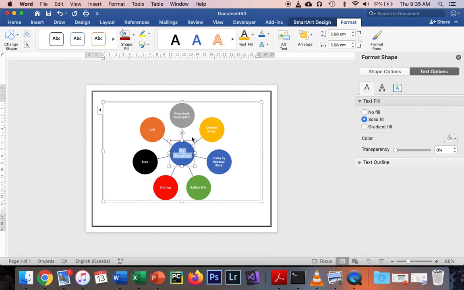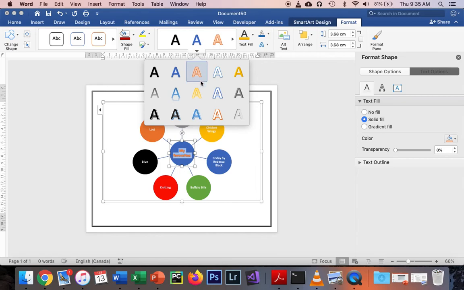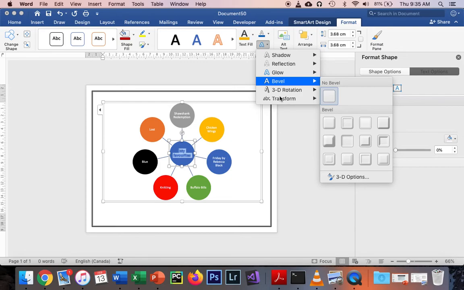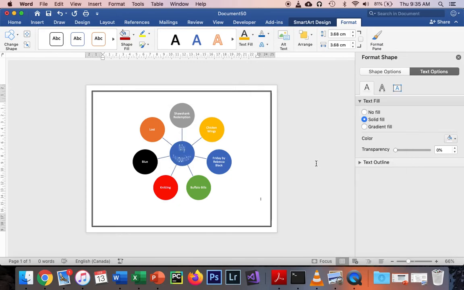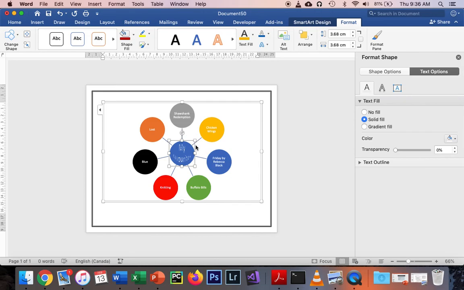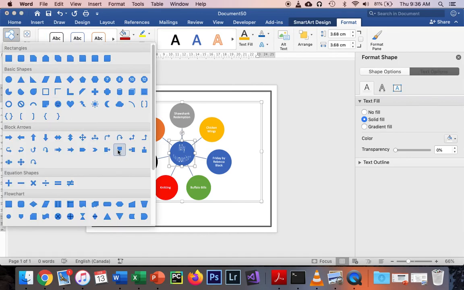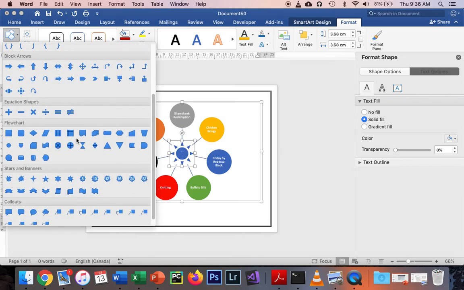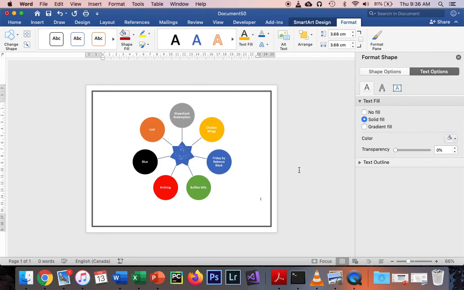We can create word art in here if we wanted to. So I could hit one of these and change this to word art, and that works out really nicely. I can even change the bevel, the glow. I can transform this and make it look nice and weird like I did right there. Okay, and probably one of the cooler things is you can even change how this shape looks. So as soon as I click on this, I get this little format tab popping up. I can actually change the shape of this, and I can even make it look like any of these things. Maybe like the sun, if I so chose. Probably can't see anything there, so maybe like a wonderful star. All right,